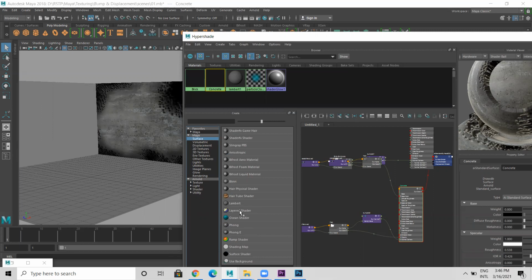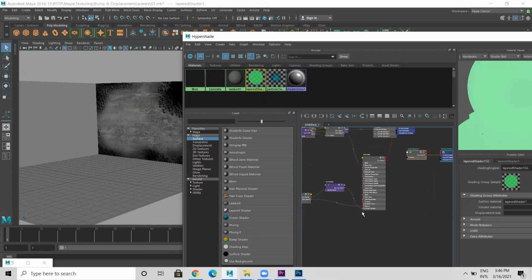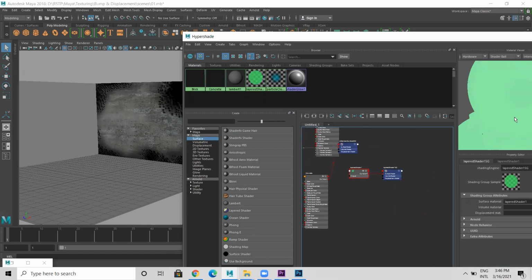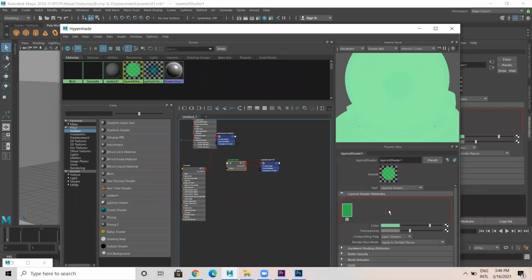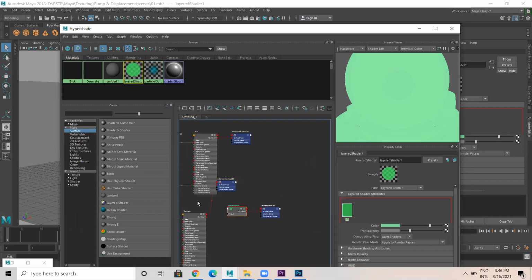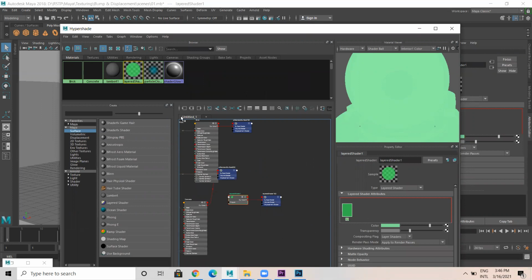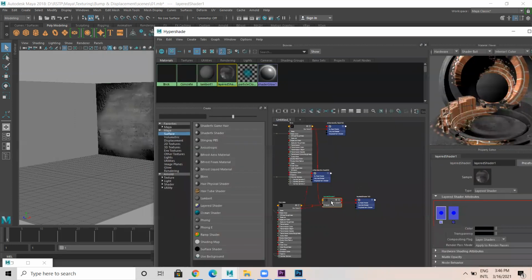The same method we used in label mapping last class. Pick the layered shader. Connect it here. In this layered shader, in the shading group, the first one which you need to get is brick. No, the first one is concrete. Drag and drop concrete. Then you drag and drop brick.